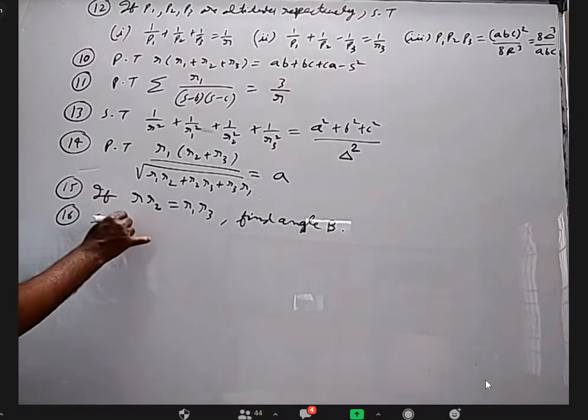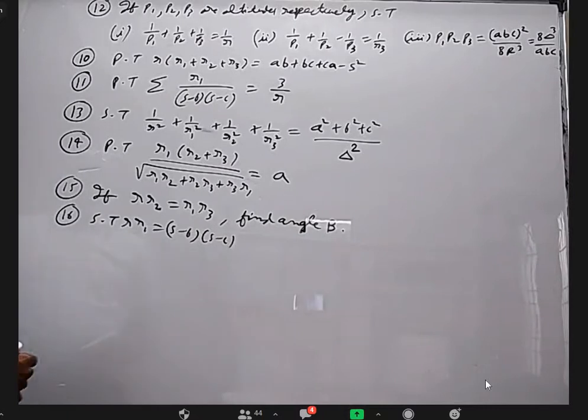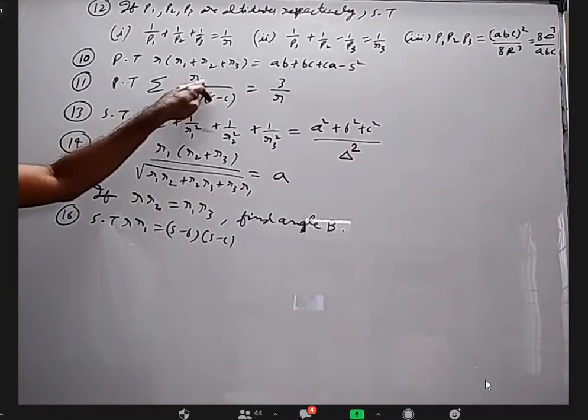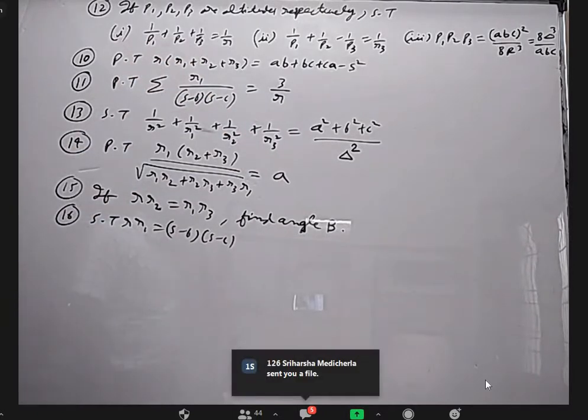Sir, on the 11th one, for LHS should we consider R also, or is it only R1, R2, R3? This is R1, in the next one it is R2, in the next one it will be R3, sum of all those things. Yes, sir.